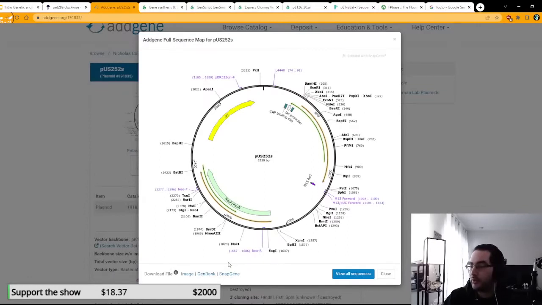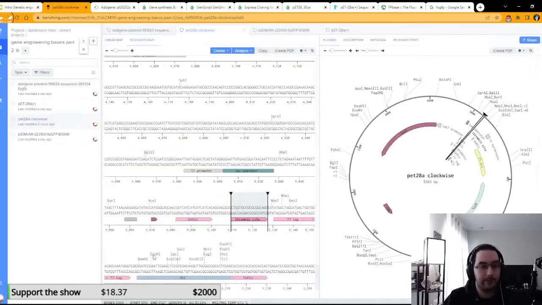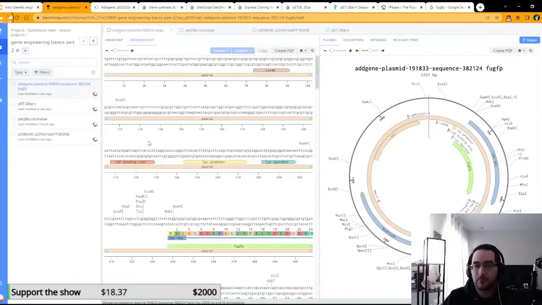And then that'll download. Then you go into Benchling, and you load it into your project folder. So I've done that. It's right here. Now, something I did in advance of the stream, because when I first imported it,